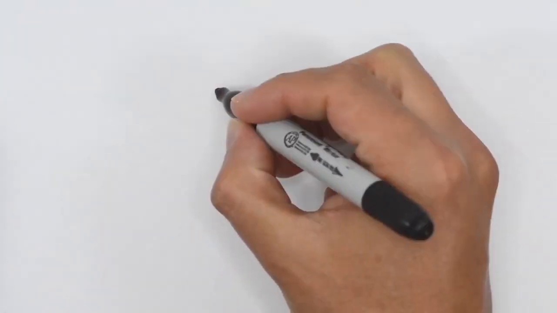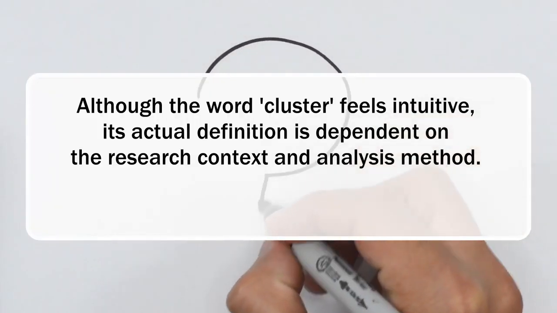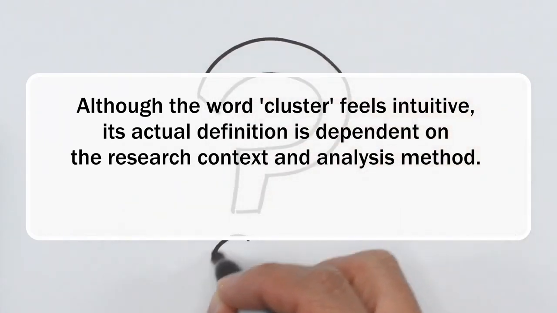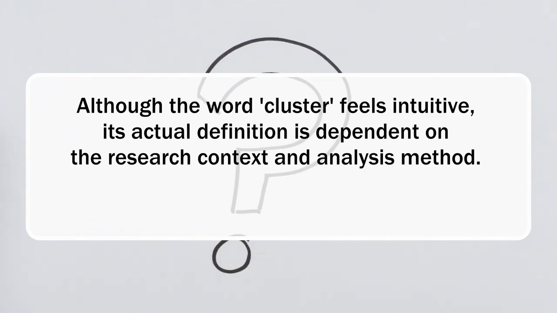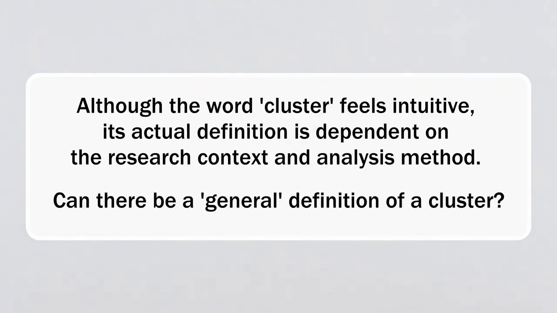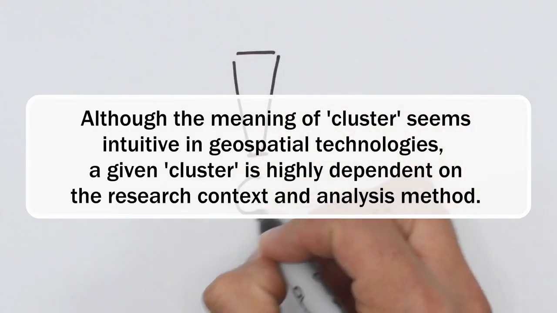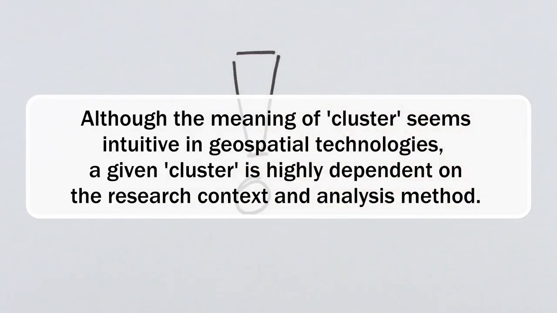From the hypothetical cancer cases in North Carolina to the different cluster examples, we can start to see that the definition of a cluster is an area of surprising ambiguity. It begs the question, what really is a cluster? We need a more organized, common language around what clustering means in geospatial technologies.